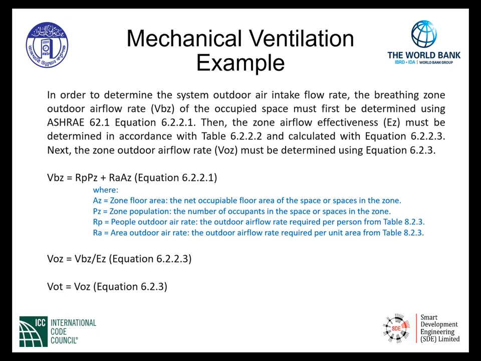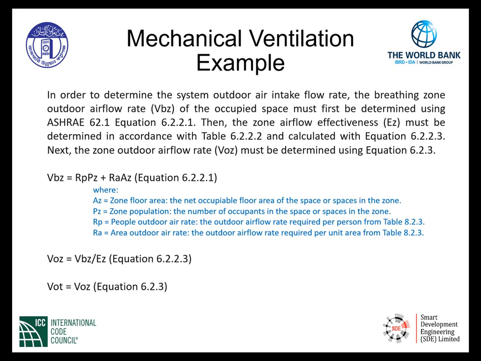6.2.2.3. Next, the outdoor airflow rate in the zone, indicated as V sub OZ, must be determined using equation 6.2.3. This is the process for calculating the minimum airflow rate that must be designed to be introduced into the air distribution and conveyed to the breathing zone for our example. The equation that's indicated below, equation